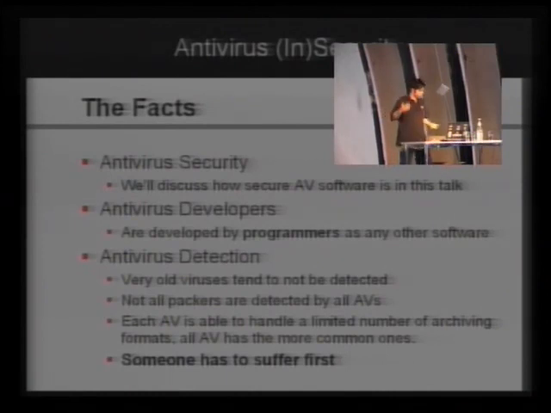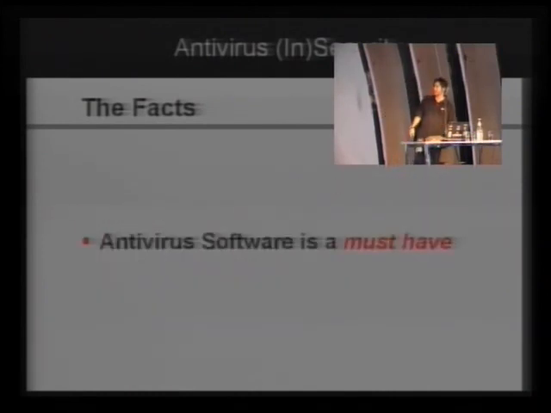And then, okay, somebody has to get infected first. So what is the first fact that we have that is the most important one? We have to have our antivirus on our machines. Otherwise, if we are in a company, we are not aligned with the policies that we have to be aligned with. So we just cannot say, oh, we are not going to use antiviruses, because by internal policies and best practices, you are completely out. So you have to use them.